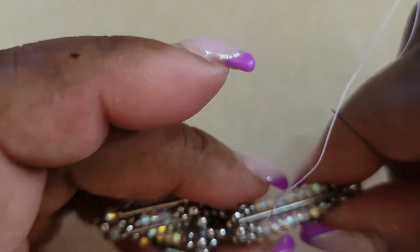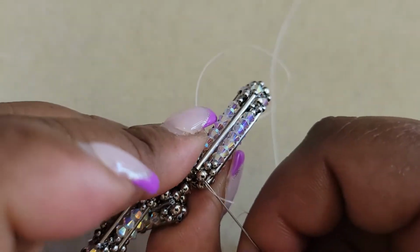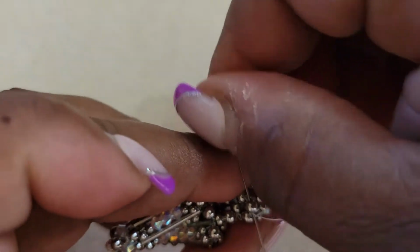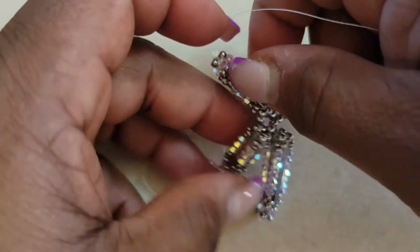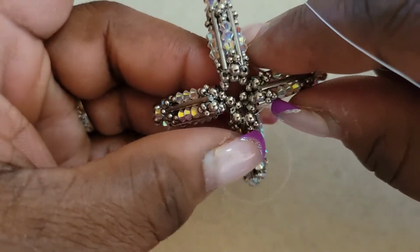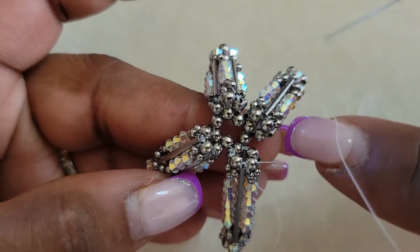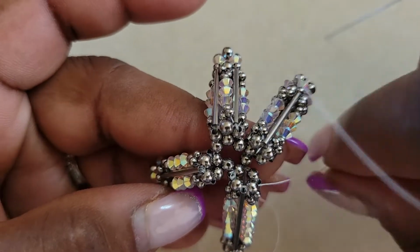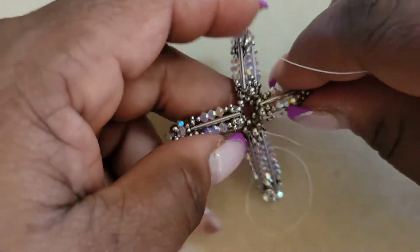So I pass my needle through that round bead, and I'm going to flip it again another 90 degrees and find the next round bead in line, which is going to be the opposite side or the back of this piece. And what I'm going to do is stabilize it now by making it round, making a unit. You can see it on the other side there where I picked up a round and went through the next round, picked up a round, and went through the next round. Well, that's what I'm going to do on this side, and I hope to be able to do it